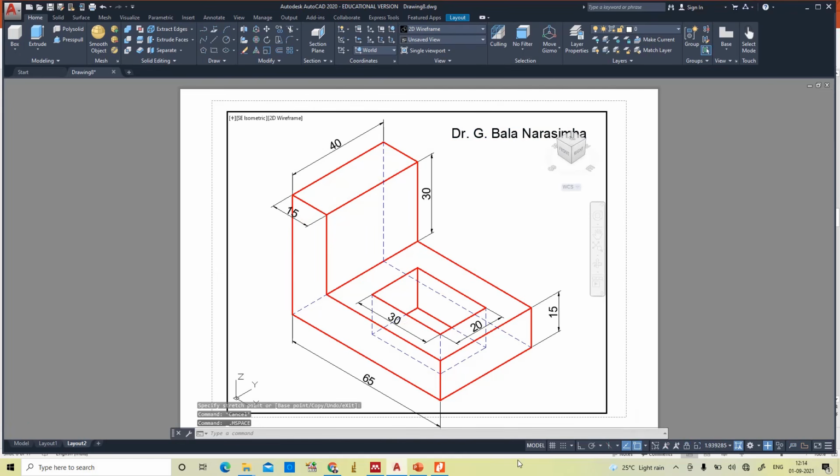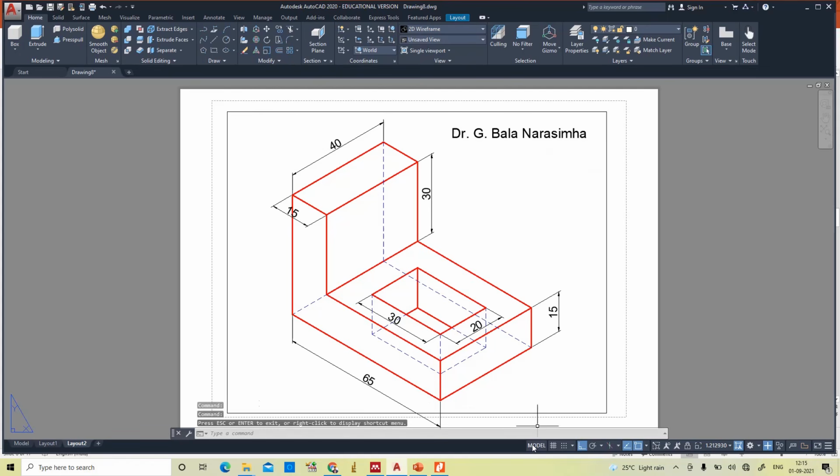Click on the paper. Now the exclamatory marks vanished. Yeah, one more thing I left, we can see line, in the paper space, line,